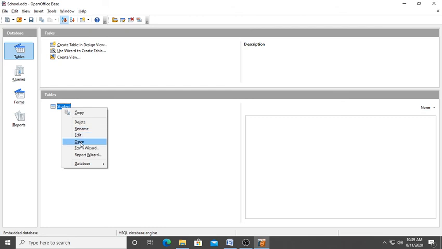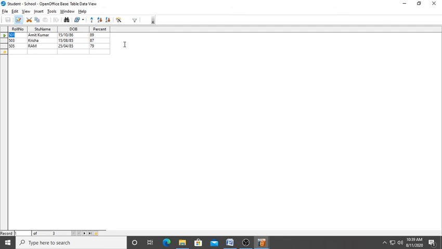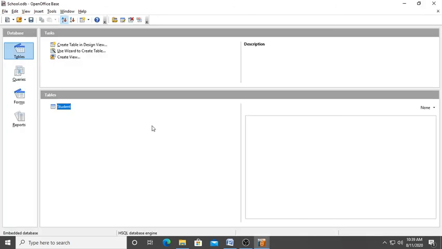If you want to see the records, you can click on open. That will show all the records. Next time if you want to enter more rows, you can continue one by one, filling all the records. So here you can come to this and continue your entering. I'm just closing it because we don't want to enter the records here after this. So these are all the options.